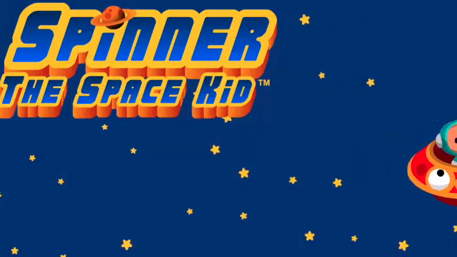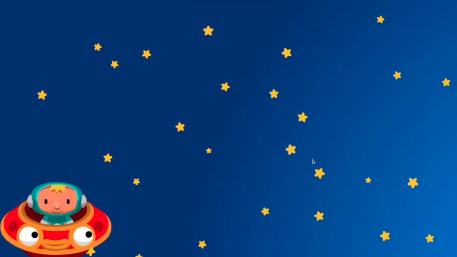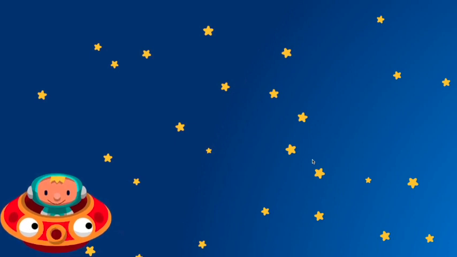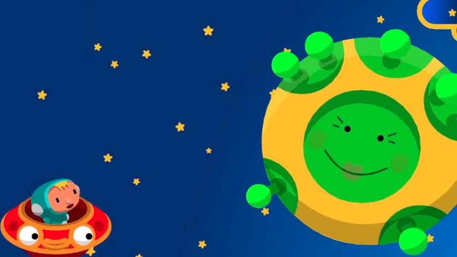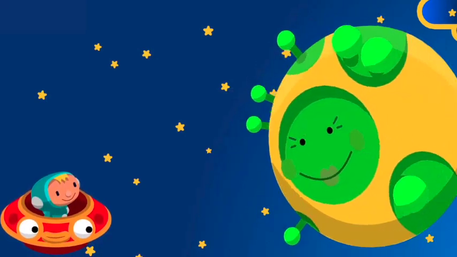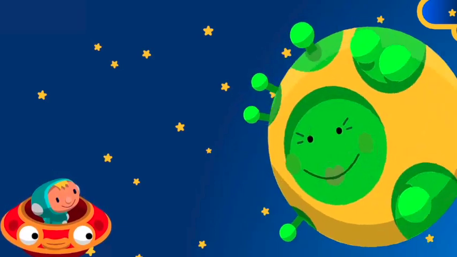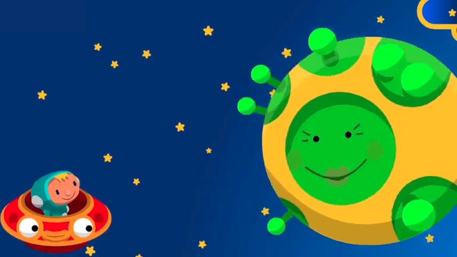Okay, enough of this old Nick Jr. boringness. It's time for a real game. It's Spinner the Space Kid. Woo boy! So Spinner the Space Kid is basically this game about none other than Spinner and his UFO scooter trying to help Miss Twinkle find her twinkle babies. And yet I do not want to know what those twinkle babies even are. Okay, I just don't want to know.